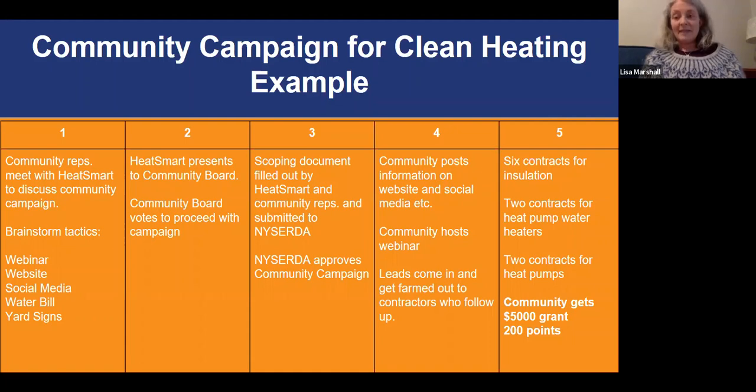already may have leads in your community for heat pumps. And if those people sign a contract during the time of your campaign, we can count that towards your community campaign. So although you are responsible for doing some outreach efforts, we're also your partner there. We're doing outreach all the time. And if leads come in for your community during the time of the campaign, of course, we'll count those for you. So that's, I think, it for me, and turning it over to the next speaker.